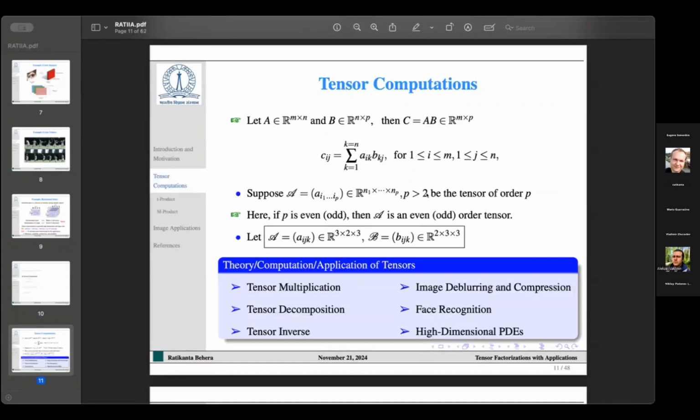The computation. So from the computation point of view, let's say, okay, suppose A is a matrix and B is a matrix. Then C is a product of